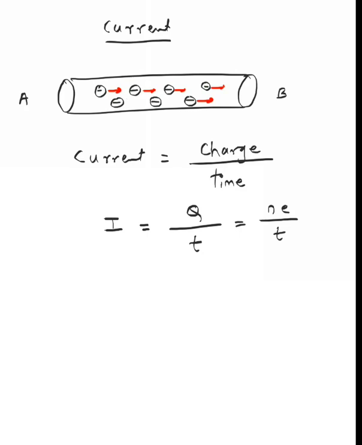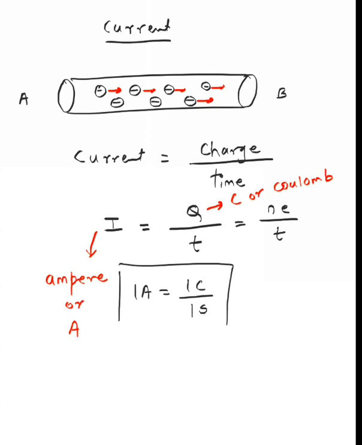Then what are the units of these quantities now? Current is measured in what, guys? It is measured in ampere. You write ampere, or simply capital A. For Q, guys, you can write either capital C or Coulomb. Those who find it difficult to write capital C need not worry, they can simply write Coulomb. And for time, what unit are we going to use? Second, S. If you combine them, I can also say that 1 ampere is equal to 1 coulomb upon 1 second.